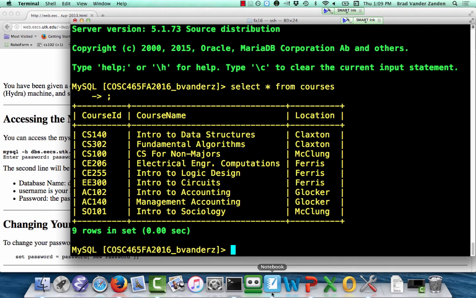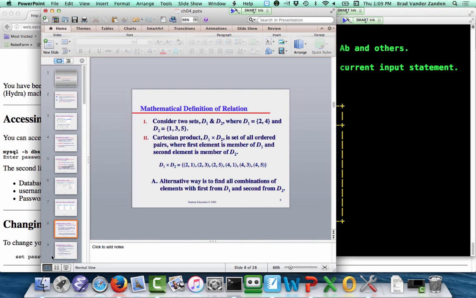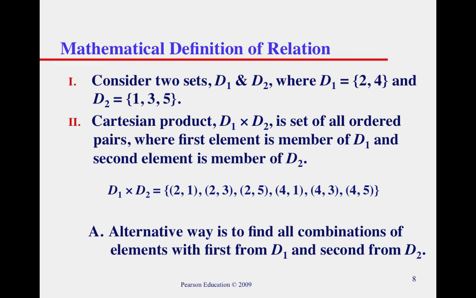Okay, so headed back then to that was kind of to give you a bit of a break from some of this terminology, but we have to move back into terminology. So in the relational model,